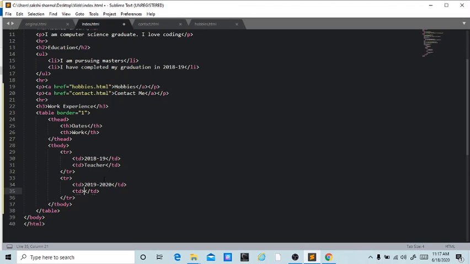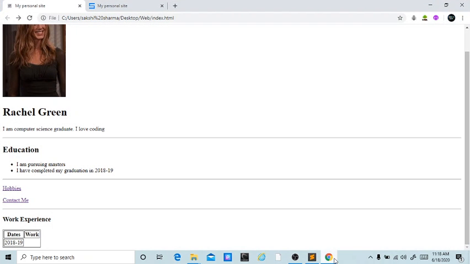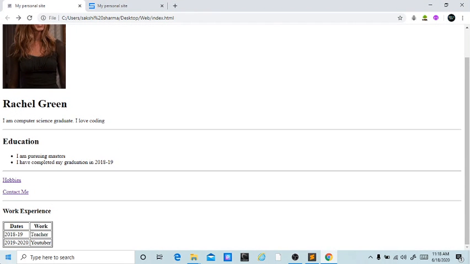Let's say YouTuber. Now let's save and refresh. You can see we have a table now. It's a very simple and basic kind of table.